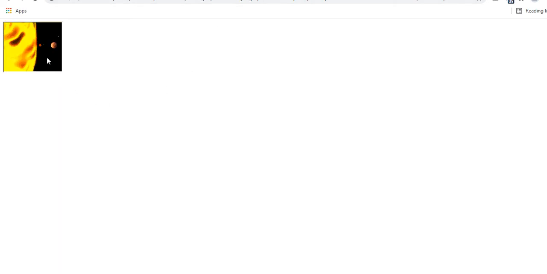Next one, see, I have a thumbnail, I have a planet, this is given in W3Schools. So I am clicking on this planet, and it's showing the enlarged picture of this. Similarly I am clicking on this, and it's showing the enlarged picture. So if you want to keep everything small due to space, and then see the enlarged picture, you can go for these thumbnails.